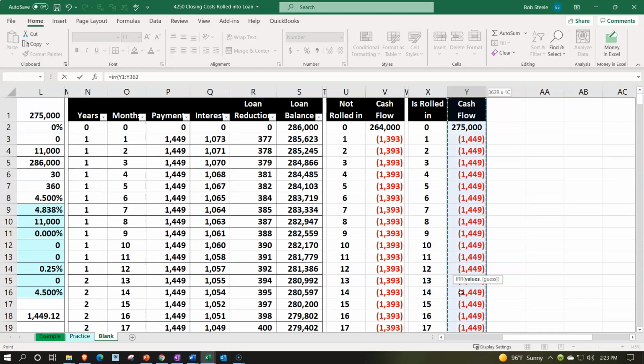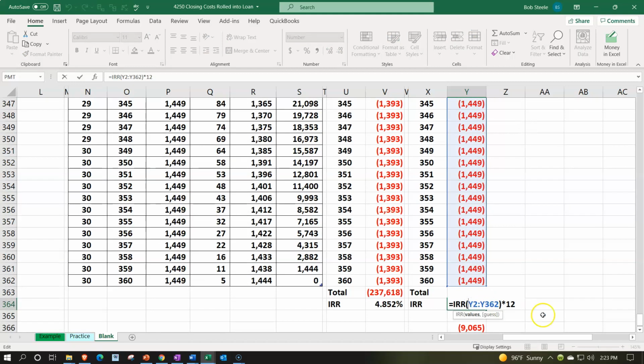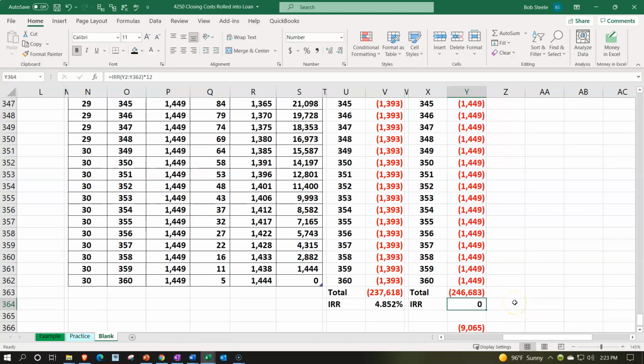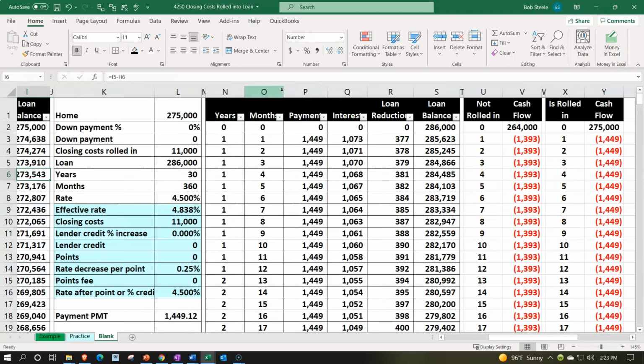And we're going to take that and close it up and multiply it times 12. So the formula looks like that. The IRR of that range times 12. Let's make that a percent, add some decimals. There's the 4.838. The 4.838, pretty close, but not exactly the same between the two, even though the actual payment